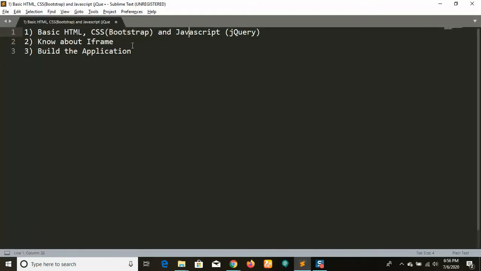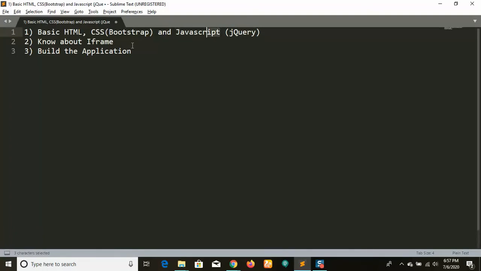That's enough. And for the JS, I'm using jQuery. It is very simple. The difference between JavaScript and jQuery is nothing, because the entire jQuery was written in JavaScript code itself.